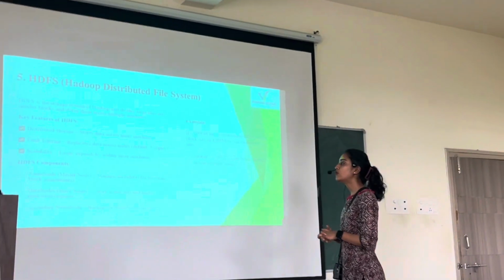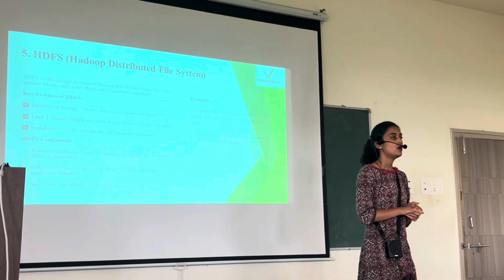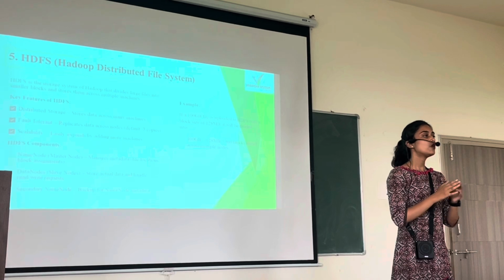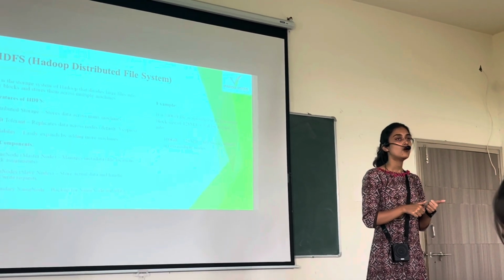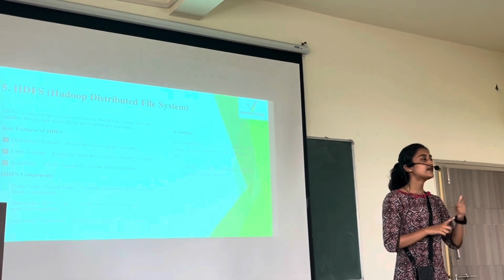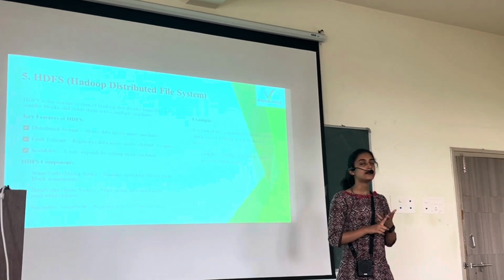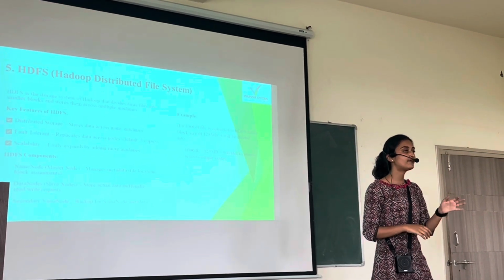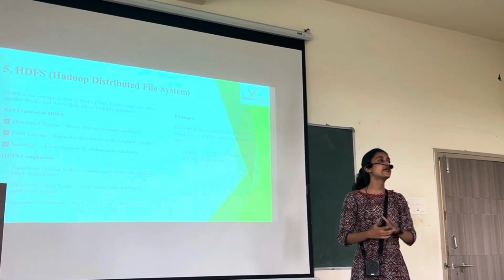Next thing is data node. Data nodes are nothing but the slave nodes where the actual data is present. Consider your PDF file, which is data. That PDF file's location, where it is stored, maybe in your mobile phone, maybe a drive, maybe in your internal storage, and the time and date when that PDF file was created or edited, and the name of the PDF file, these things are stored in the name node. And the content of your PDF file is stored in the data node. And that is nothing but the slave node.